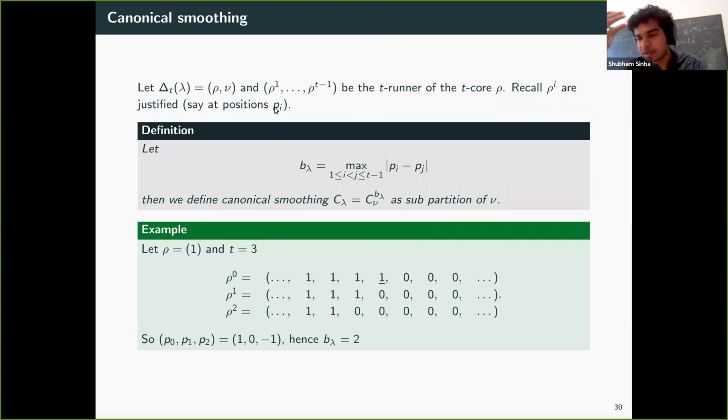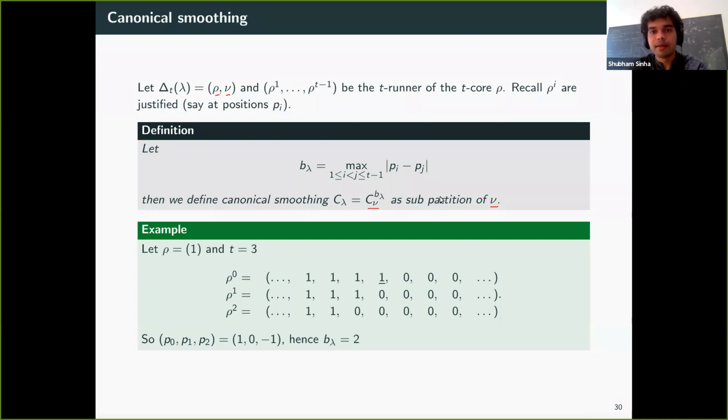Now, this was done for a T-divisible partition, but now we want to look at this row and U. So we have this action here as well, but we want to say something is a canonical smoothing, which is a subpartition of the quotient